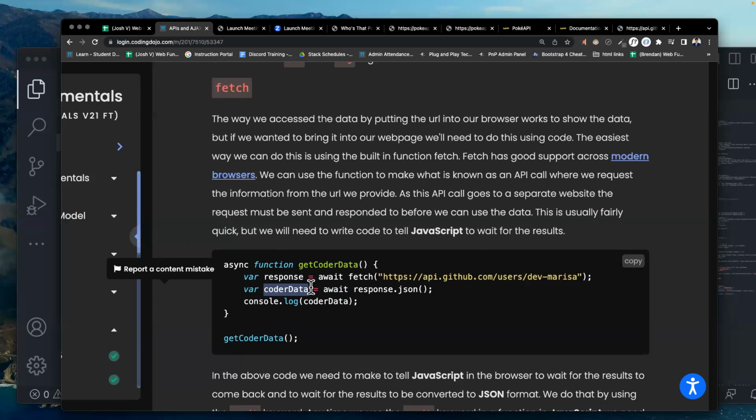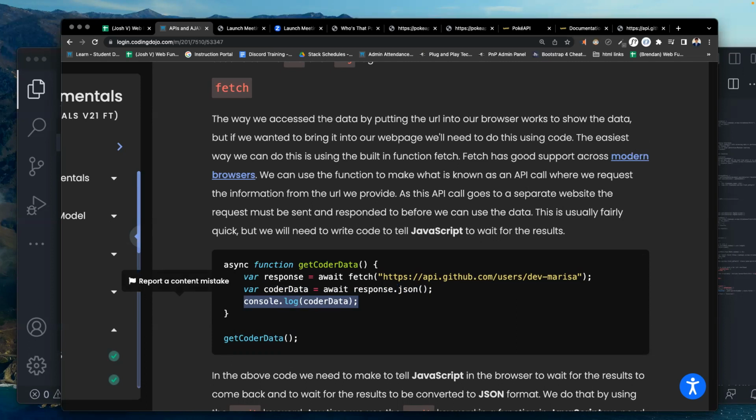Whatever format we receive the information in from the call, we're converting it in the second variable to JavaScript object notation.